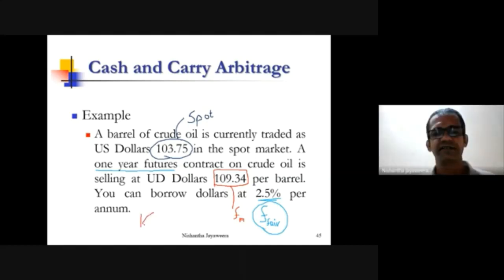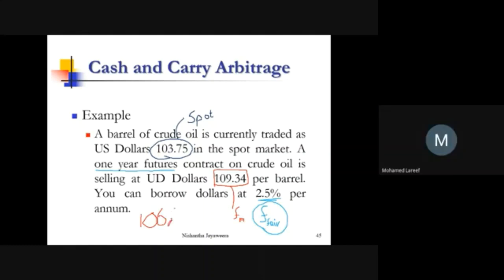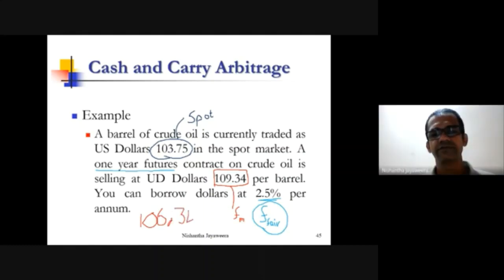106.34375. How do you get that? It's very simple. Simply, what do we have to calculate? What is the future value of this 103.75 in 1 year at 2.5 percent